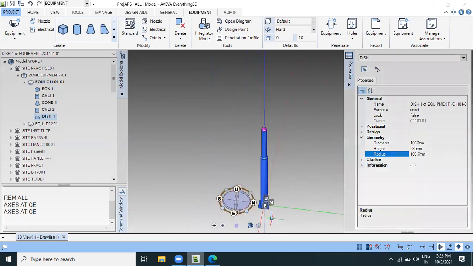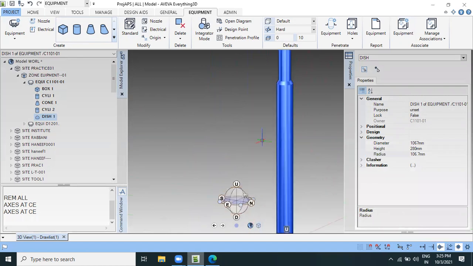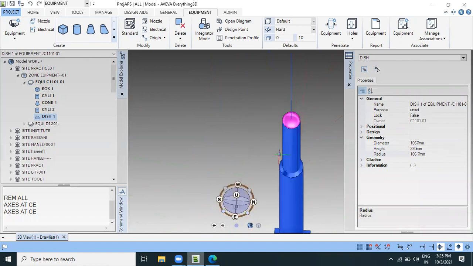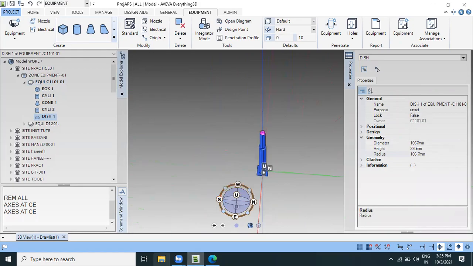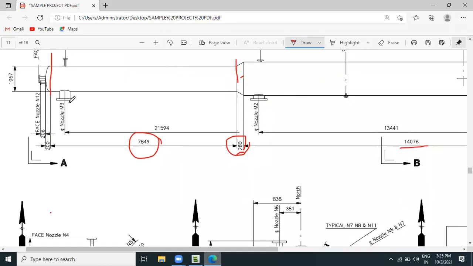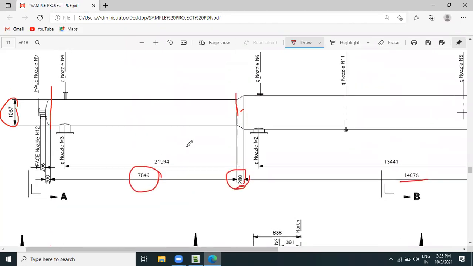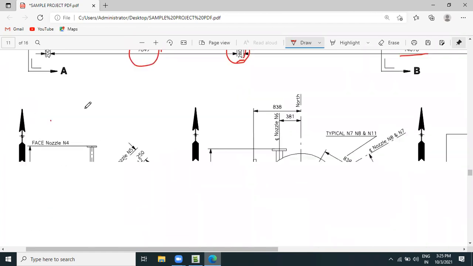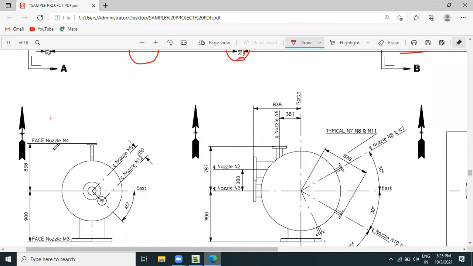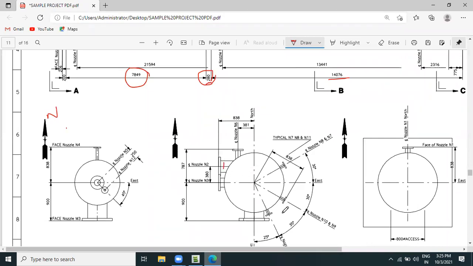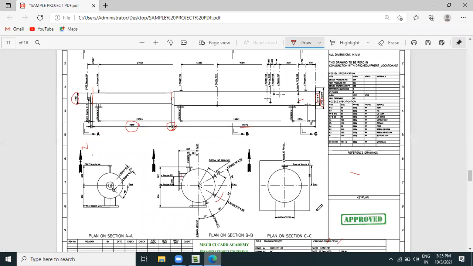Okay. We have created one cracking tower here. The nozzles for the cracking tower will be created in the next video, along with all the nozzles, manholes, and everything facing towards the north. This one is the north direction, and for nozzles, some offset nozzles are there, and a rotation nozzle is there. So we will create that in the next video. Thank you for watching.